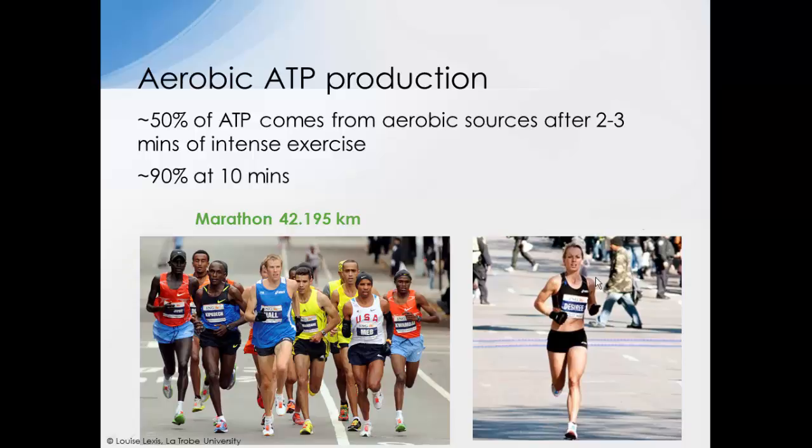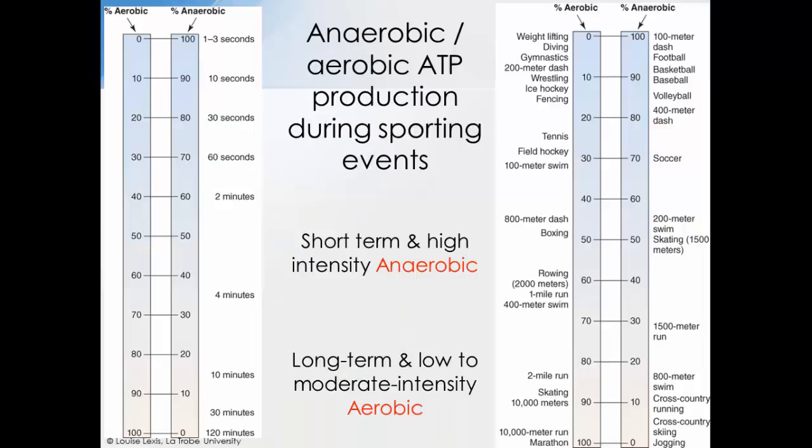These photographs are of marathon runners, and for a marathon, which is 42.195 kilometres, aerobic energy production is extremely important there. If we look at much shorter events, then anaerobic energy production is more important. And we'll have a look at some examples of those right now. So in general terms, short-term and high-intensity activities rely on anaerobic metabolism, and long-term and low to moderate intensity activities